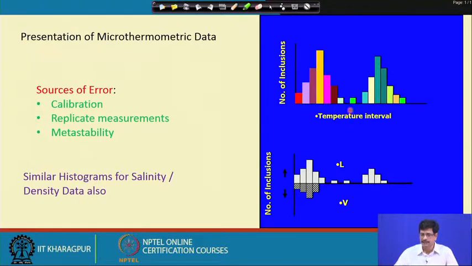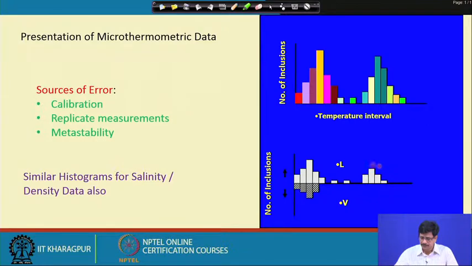And if we take it for granted that there has been no bias in our sampling of the fluid inclusions, and we have chosen the right fluid inclusions, that is itself a practicality of fluid inclusion study: to choose the right inclusion, not one that has leaked earlier, and away from healed cracks for the primary inclusions. So, the chances of the content of the inclusion being later disturbed by later activity are minimized, and we are able to plot them in a histogram. Whether it is temperature or salinity or density, we can plot them as histograms as shown here.